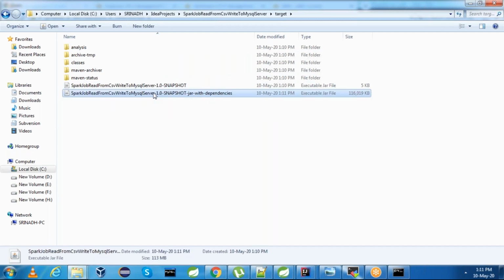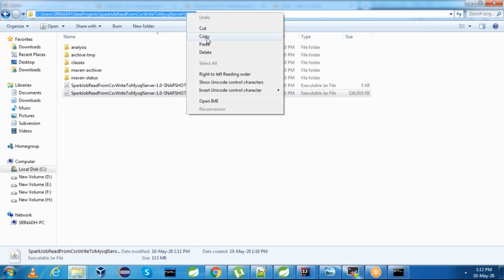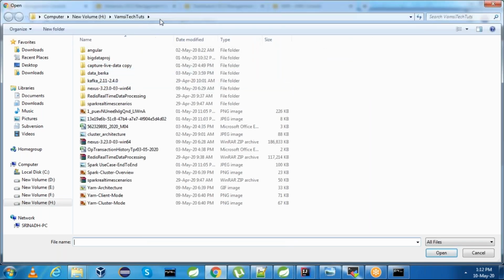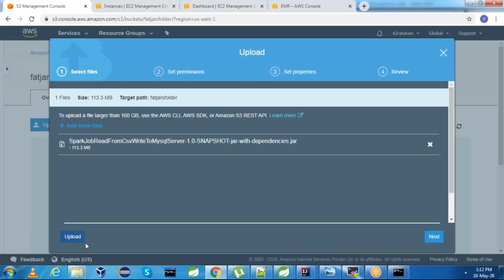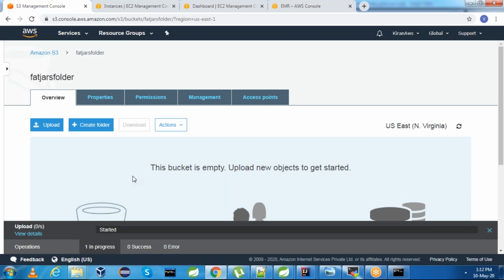This is what we are calling the fat jar. This is the path. Select this one. Click on upload. It takes some time to upload the fat jar.